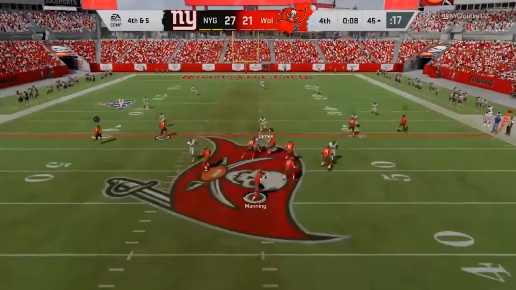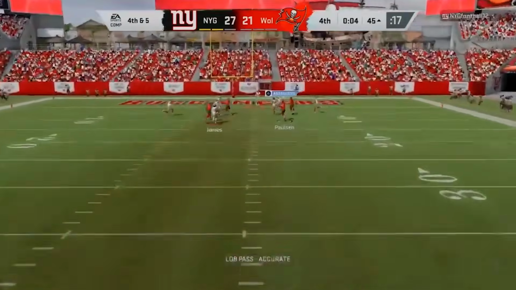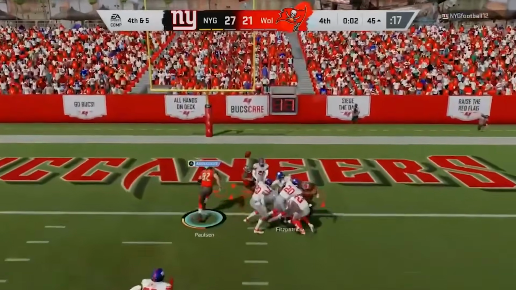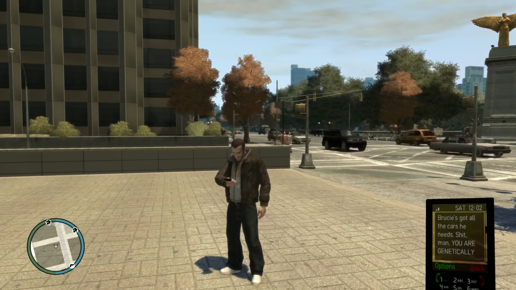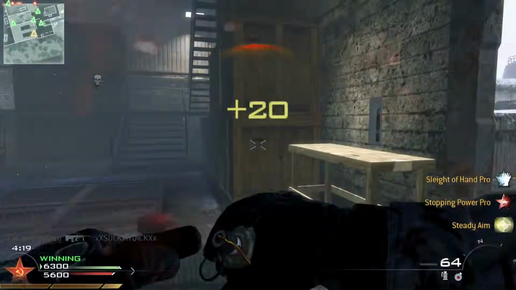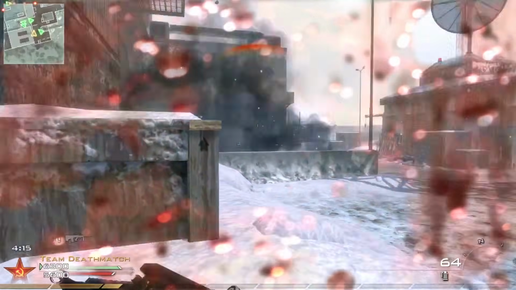Meta UI is something that is a little special. This is an aspect or an element that exists to the character in the game, but doesn't exist to the player, so we get a different view. Think of something like GTA 4, where Niko Bellic will look at his phone, he looks at his physical phone, but we get a different view. Modern Warfare 2 does this by not giving us a health bar, but we experience blood on the screen.